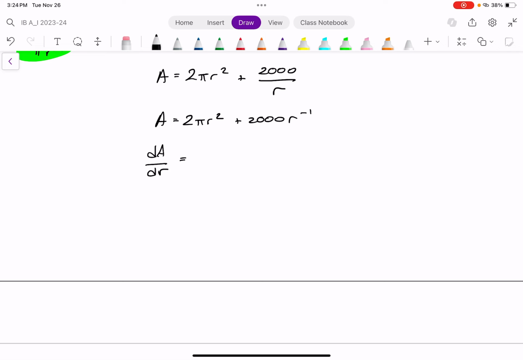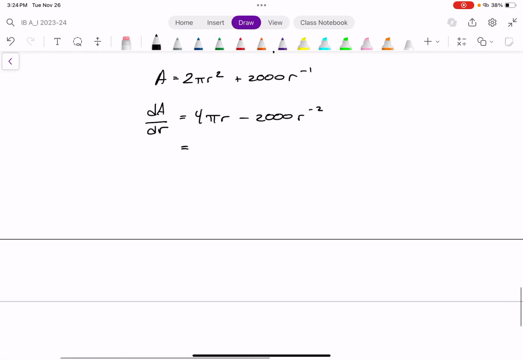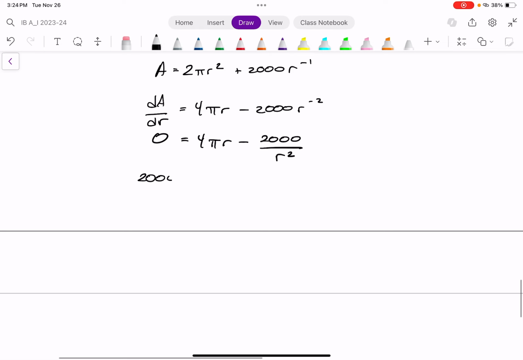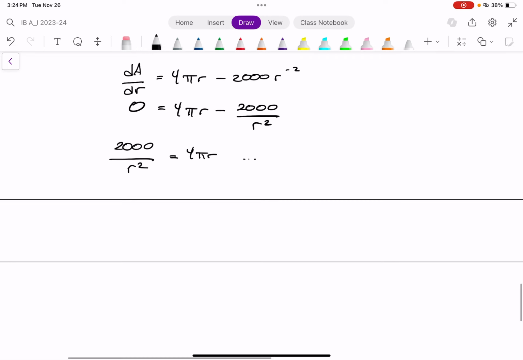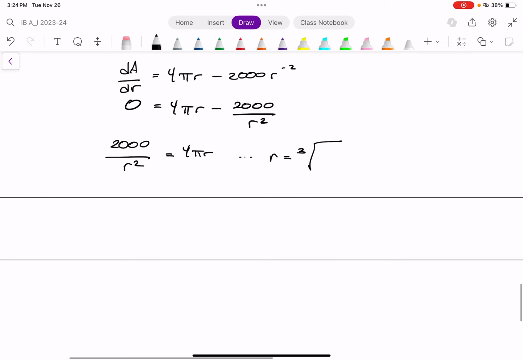dA dr is 4 pi r minus 2,000 times r to the negative 2, which, keep in mind, means 4 pi r minus 2,000 over r squared. And I want to make this equal 0 to find my stationary points, which means pretty quickly I can say 2,000 over r squared equals 4 pi r. And pretty quickly when I solve for r, I'll just skip the couple of steps, and I get r equals the cube root of 500 over pi,